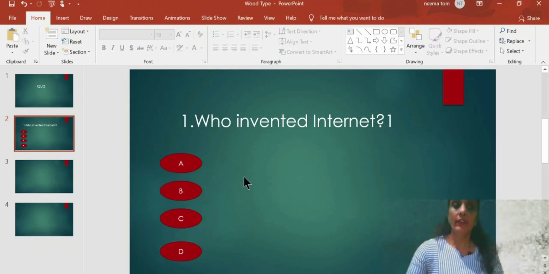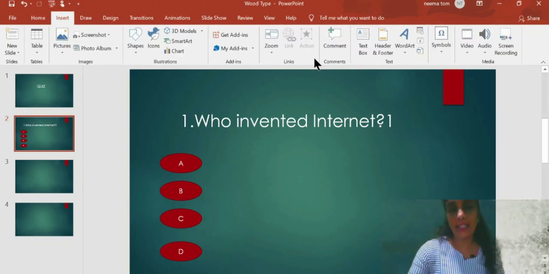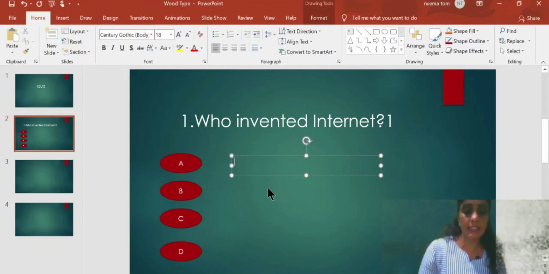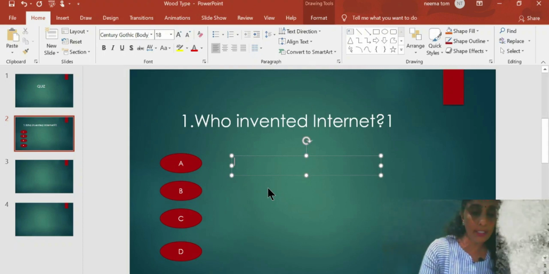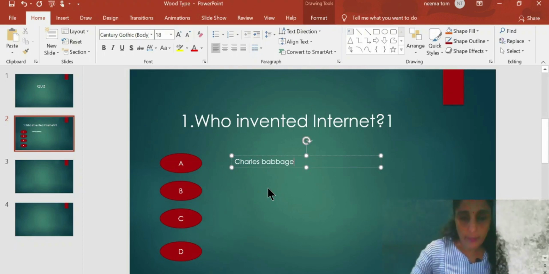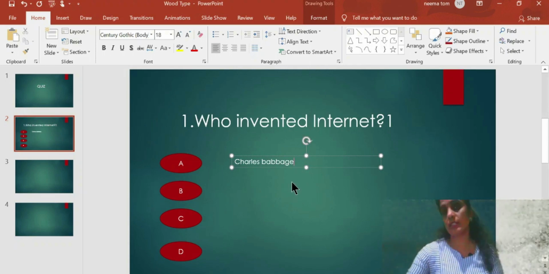Now we have to give the answers. So let us again select Insert and Text Box. Draw that text box here, and I am typing the text here. First I am giving Charles Babbage. B-A-B-B-A-G-E, Babbage, Charles Babbage, correct.